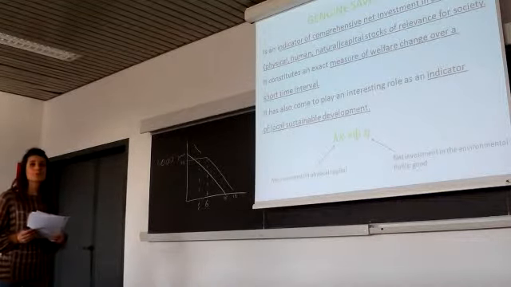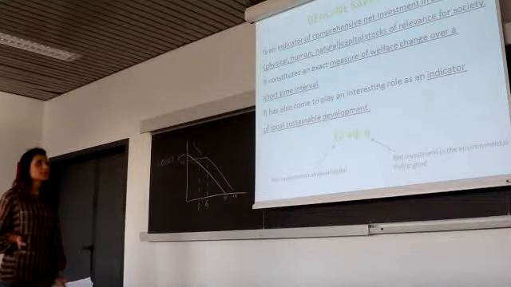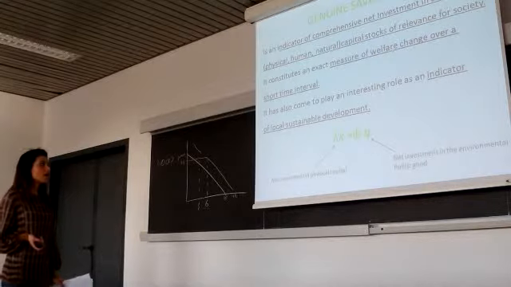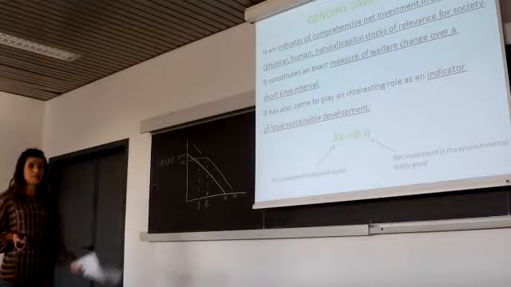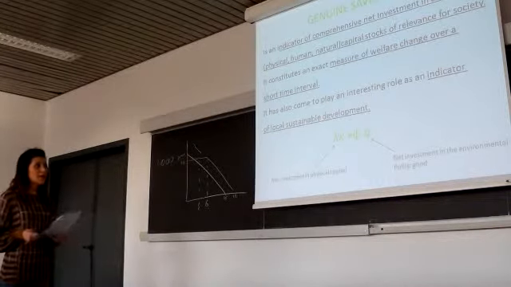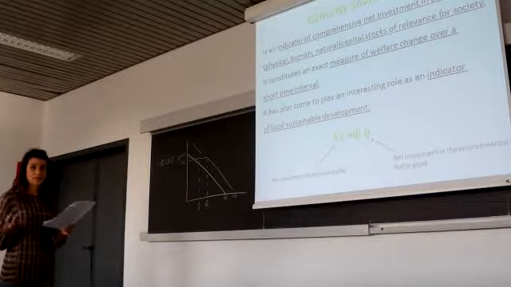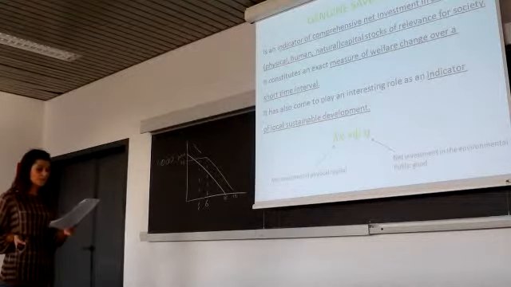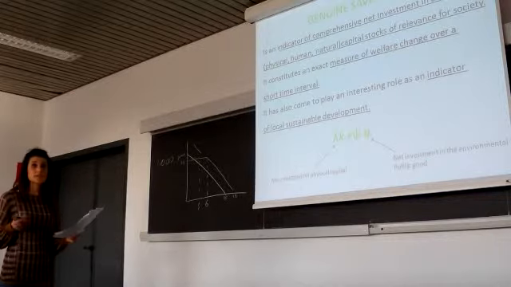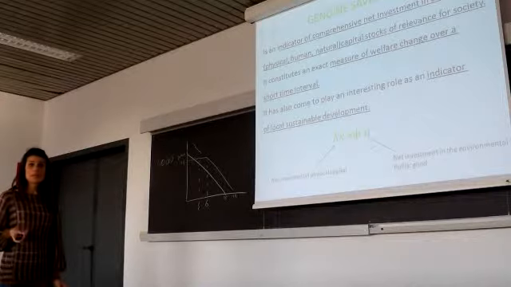And the conventional way to measure this indicator is by adding the net investment in physical capital, the net investment in the environmental public good. But they're going to show through this model that I'm going to present now that this procedure gives a correct measure of welfare change if the resource allocation is first best, and so it doesn't work anymore when the resource allocation is second best.